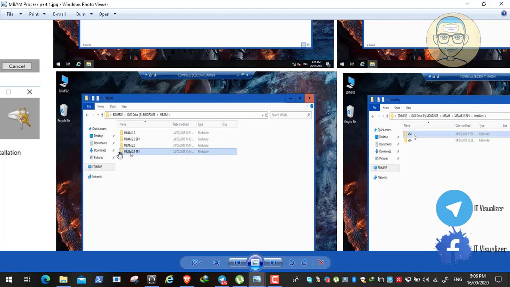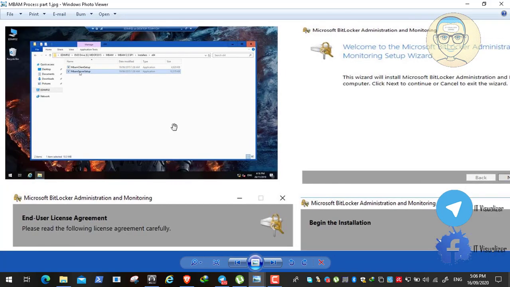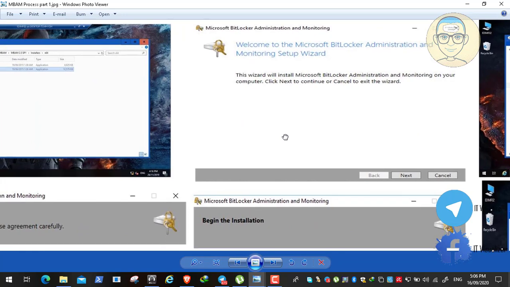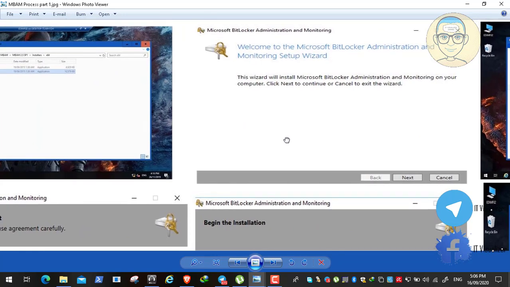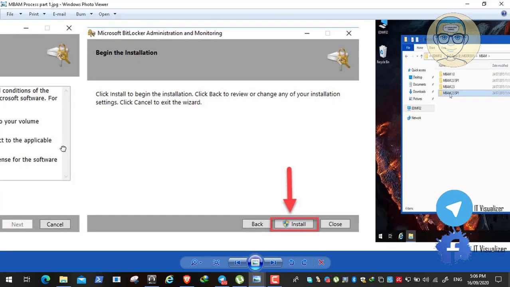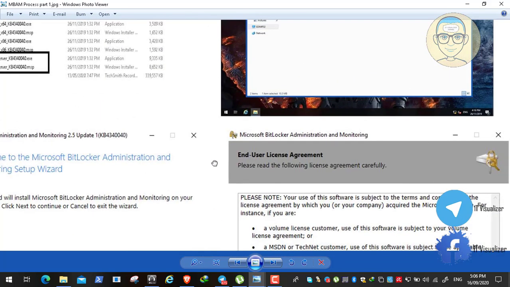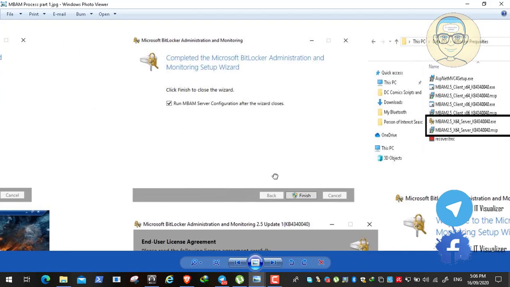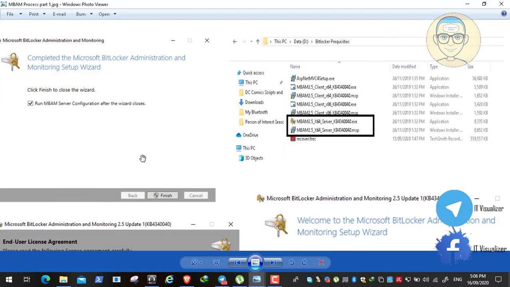and then we will click on MBAM 2.5 Service Pack 1. In this folder we will see something called MBAM Server Setup, so we will double click on it. It will get us to the welcome screen, the setup wizard page. Then we will accept the license agreement and click install. After that it will give us the finish. It is completely finished, and we have the option to run the MBAM server configuration. We will uncheck it and click finish,